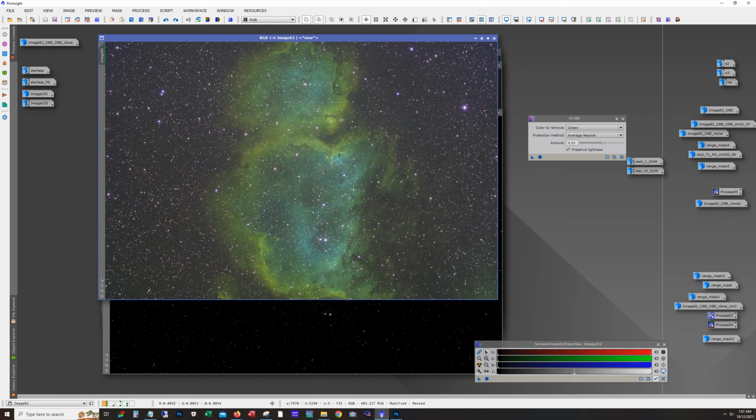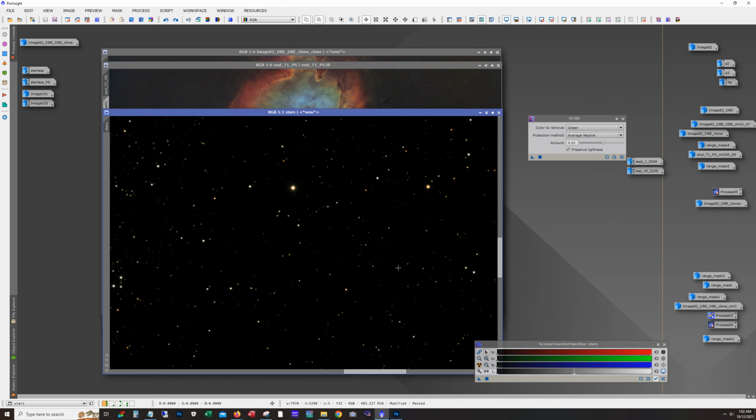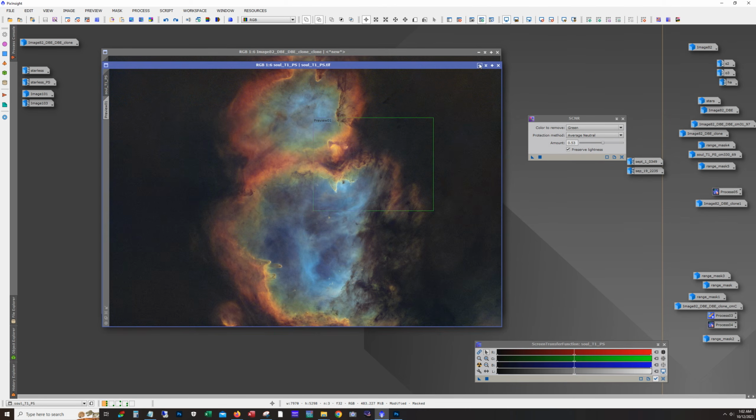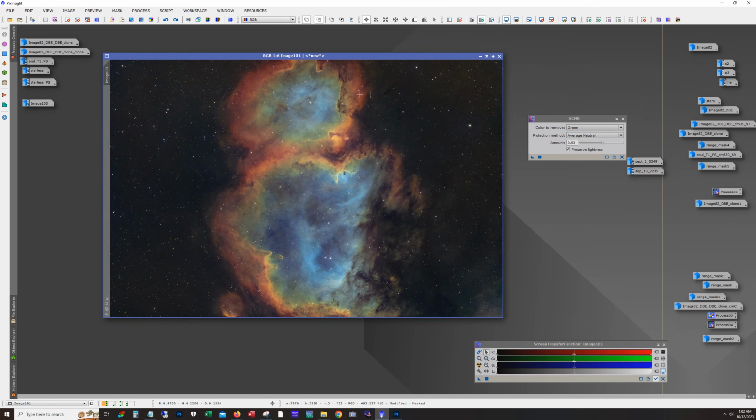In this particular image, especially with the colors and everything, I wanted to keep the stars de-emphasized quite a bit. So I didn't stretch them all the way. This is what we got. And then using Pixel Math to combine them. And I believe this is the first